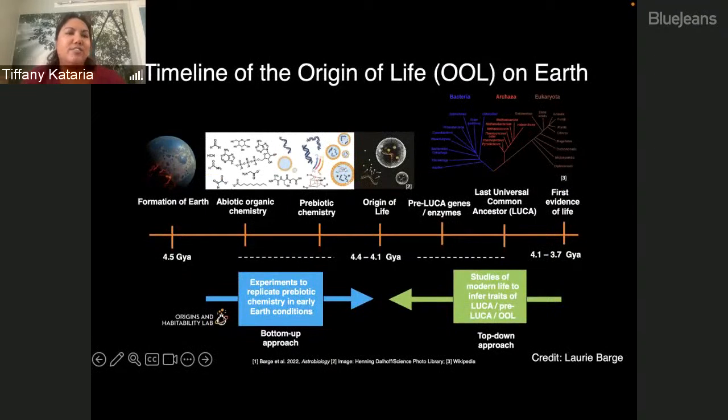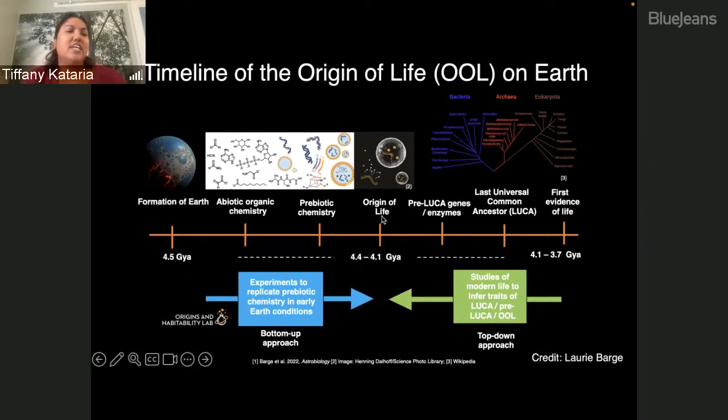Here's a timeline of the origin of life on Earth as we think about it. So this is from a paper that Lori Barge led in 2022. I'd encourage you all to read it. I think it's a really nice, not too long, overall summary of the considerations of origin of life in the solar system and potentially outside of it. So this is really contextualizing Earth in the context of how origin of life emerged. And so I want to point out first that origin of life, which is denoted here as an event, isn't really an event, right?